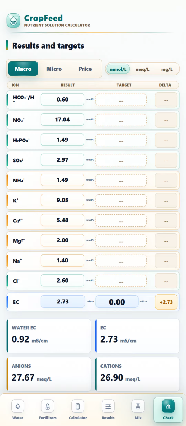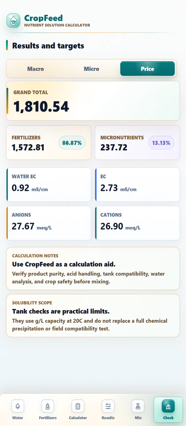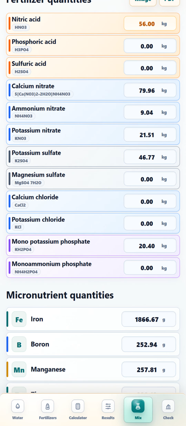The target column shows the concentration that we originally wanted, and delta shows the difference between them. This lets us quickly see which ions changed, how the EC changed, and how the cost of the mix changed after our adjustment. When the recipe is ready, use image or PDF export to share a clear mixing work order